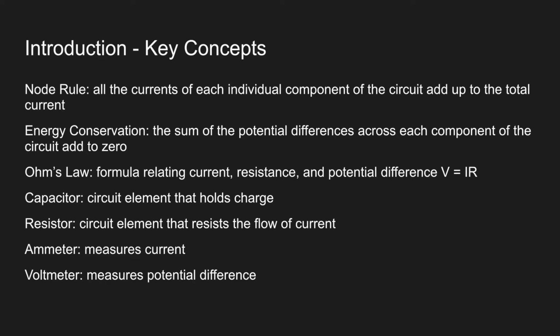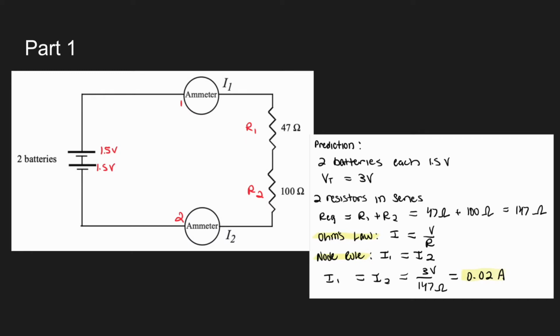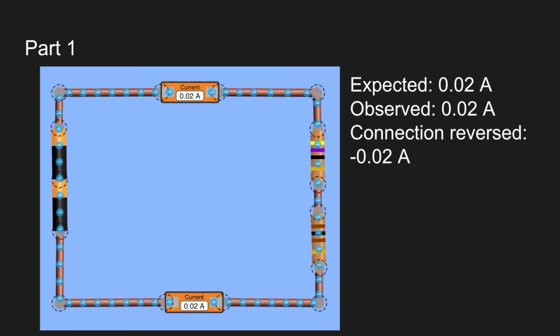and it can be written as V equals IR. For part 1, we're given a circuit, and we're asked to predict what each ammeter would read. So the two ammeters would read the same value because of the node rule, and we can use Ohm's law to calculate what that value would be. When we calculate that value, we get 0.02 amps. When we construct the circuit in the simulation, we get that the two ammeters both read 0.02 amps, which matches